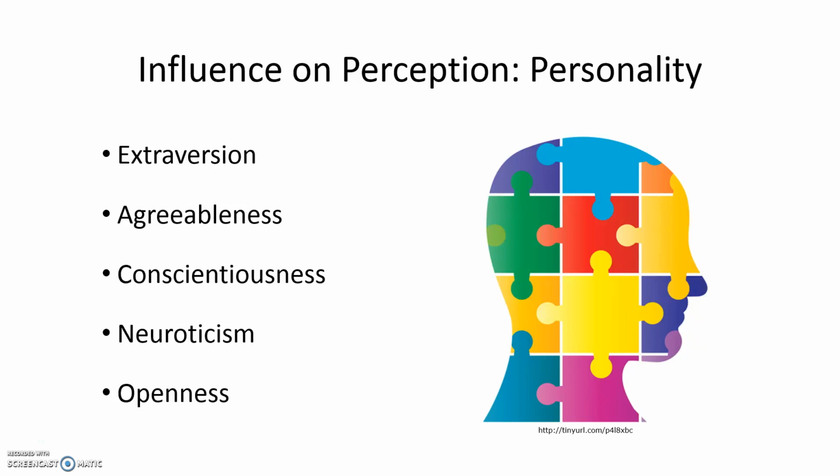On the opposite end, it can also affect how people perceive us. So if you're not so agreeable, if you're not so friendly, people may not want to engage with you. Right? If you seem highly neurotic, people may not want to come to you with a new problem because they think that you may not be emotionally ready to handle that problem. So you can see how these different ideas of our personality can affect how we perceive others and how others perceive us.